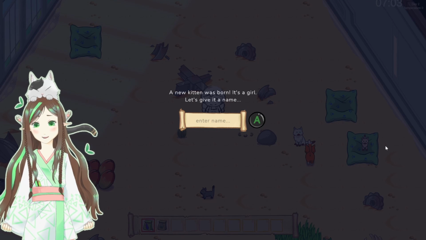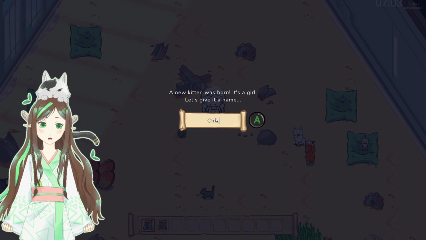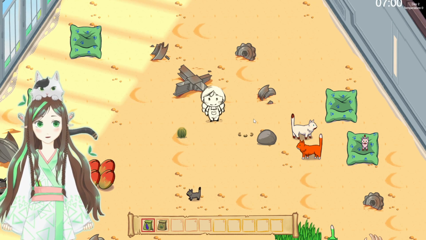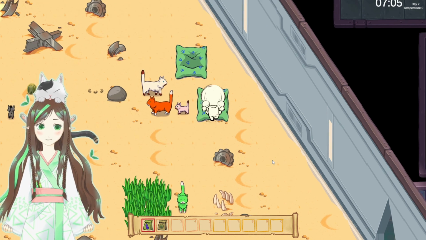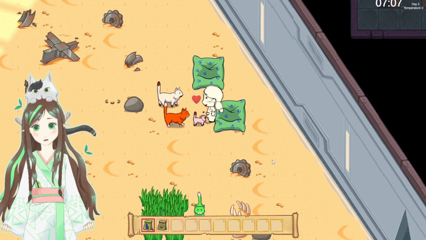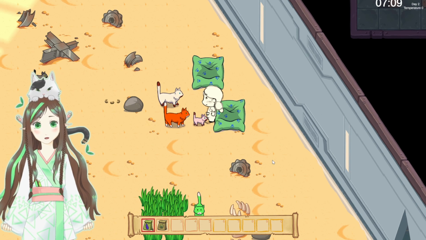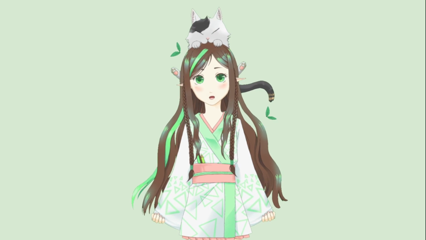The third mechanic is to give animals names. Whenever a wild animal joins you on the starship or a new baby is born, you can give it a name. In the future, I really want to implement my own name generator as well. But since that is really not essential at the moment, I'll have to postpone that for later. With this done, the last thing I added was audio.